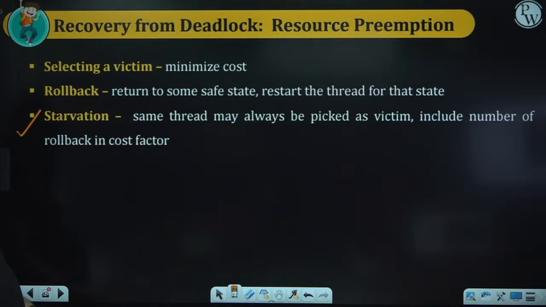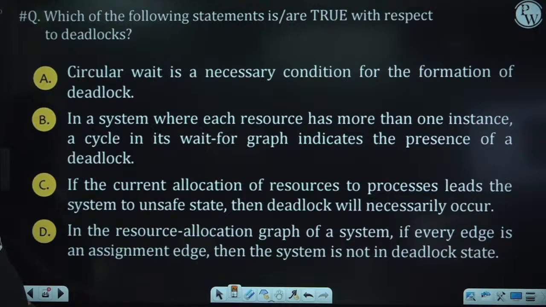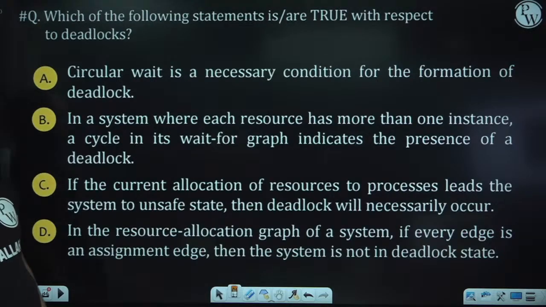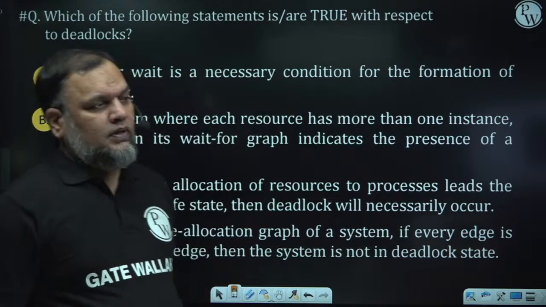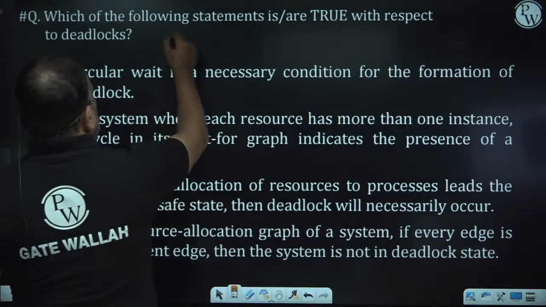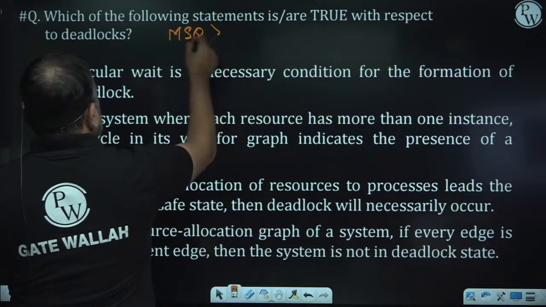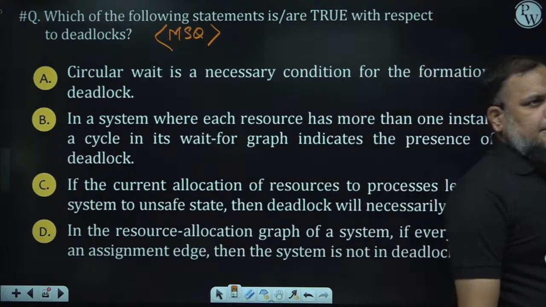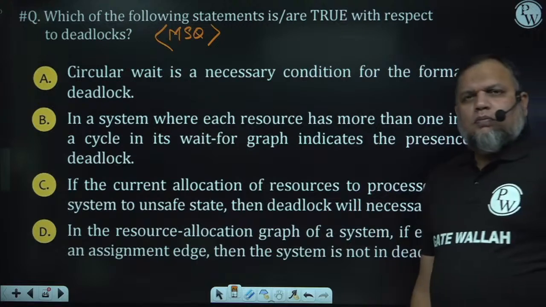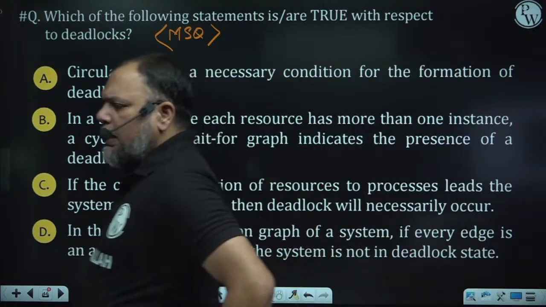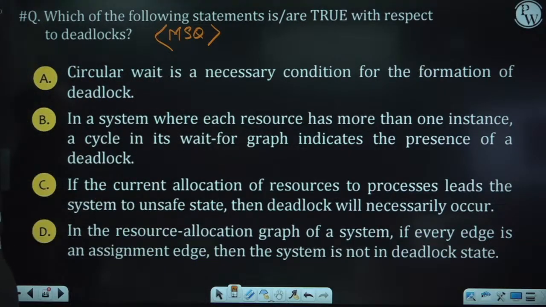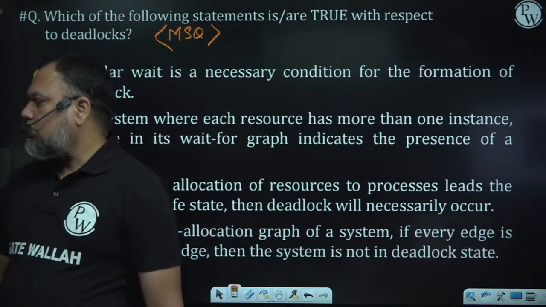फिनिश। चलिए तो बच्चों ये है स्ट्रैटेजीज फॉर डीलिंग विथ डेडलॉक। अब वी विल टेक अप सम कॉन्सेप्चुअल क्वेश्चंस। पहले एक थ्योरेटिकल क्वेश्चन लेंगे, देखेंगे कितने बच्चे आंसर कर पाते हैं। तो बच्चों ये एक रीसेंट पेपर का क्वेश्चन है, एमएसक्यू है। मैं चाहूंगा आप पूरे ऑप्शंस अच्छी तरीके से रीड कीजिएगा एंड आफ्टर रीडिंग यू टेल मी व्हाट इज द करेक्ट आंसर। कम ऑन बॉयज एंड गर्ल्स, सॉल्व दिस प्रॉब्लम। डेडलॉक में काफी रीजनिंग क्वेश्चन भी आए हैं, तो उसका आपको कॉन्सेप्चुअल बैकग्राउंड अगर आपका अच्छा हो तो आप ऐसे क्वेश्चन सॉल्व कर सकते हो जैसे ये क्वेश्चन है। कम ऑन बॉयज एंड गर्ल्स, प्लीज लेट मी नो व्हाट इज द करेक्ट आंसर फॉर दिस।